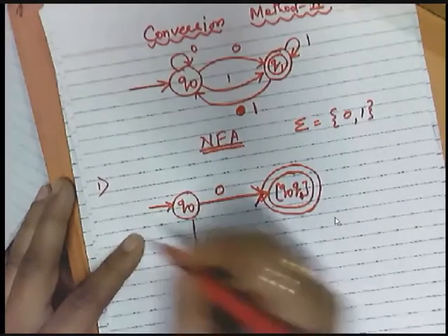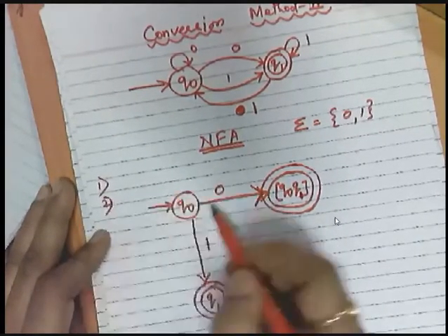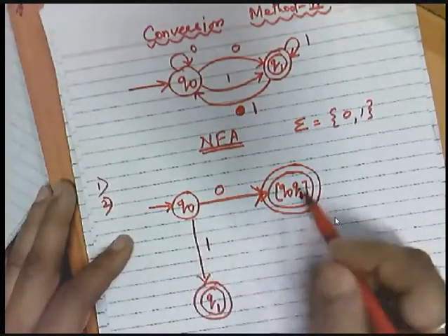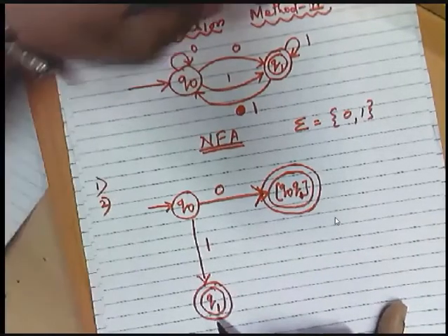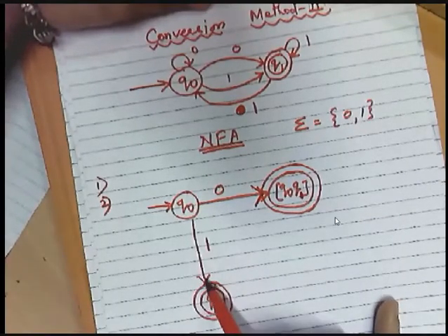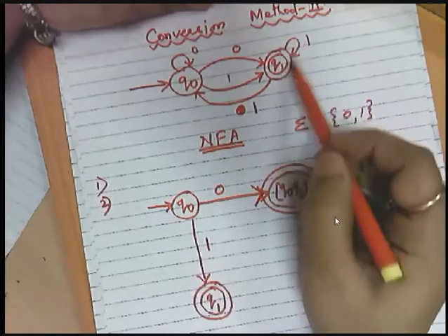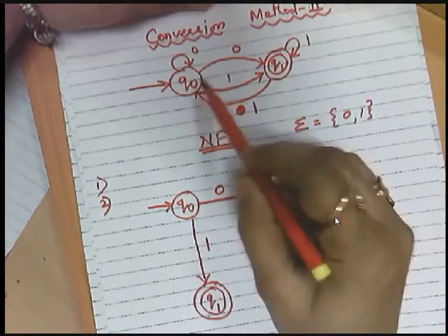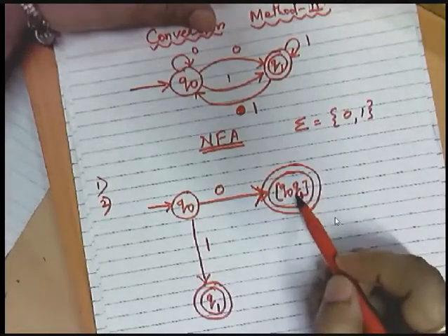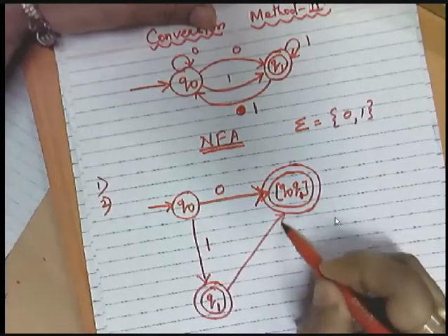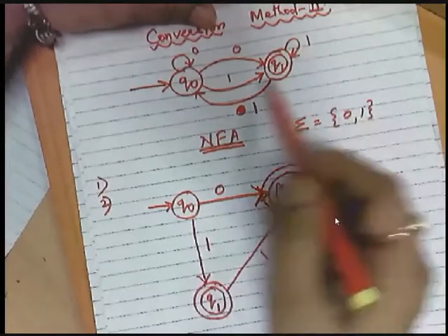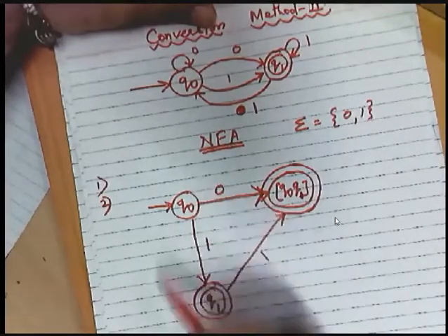So I'm combining all these steps. In the first step, we have done this. In the second step, we have done this. Now in the third step, we have found all the transitions for Q1. Q1 on 0 moves nowhere, but Q1 on 1 moves to Q1 as well as Q0. So there is a combination state Q0, Q1, to which Q1 moves on 1, which is already available. So I will just make a transition: Q1 on 1 moves to Q0, Q1. So now this is over.